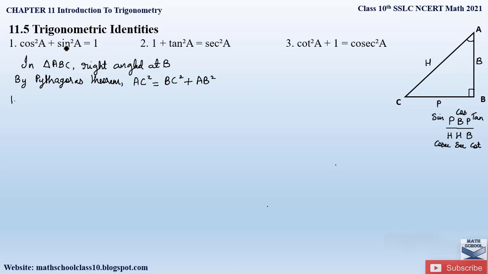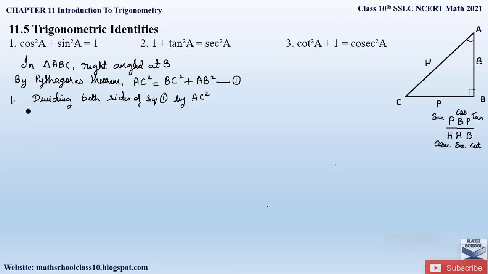Now look at our first trigonometric identity which we are going to prove here first. So we have cos square A plus sin square A is equal to 1. So what is the value of sine and cos in this fraction? Sine is perpendicular by hypotenuse and cos is base by hypotenuse. So in the denominator in both the cases we have hypotenuse, so we are going to divide this equation which we have obtained, let us name it as equation 1 by Pythagoras theorem. We are going to divide by our hypotenuse, that is AC. Okay, so write down, dividing both the sides of equation 1 by our hypotenuse, that is AC square.